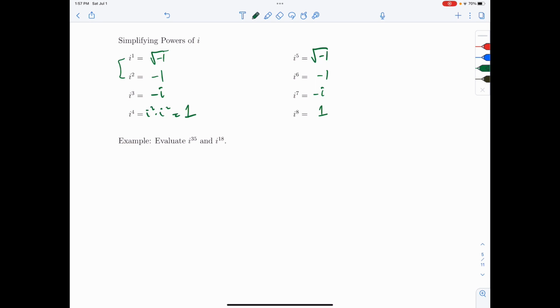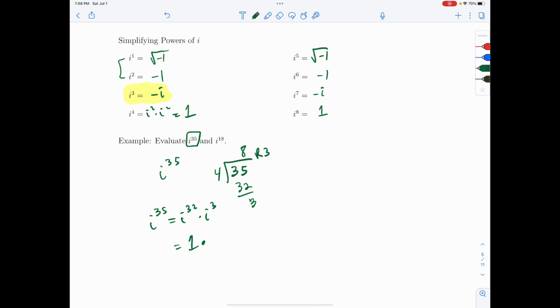So if I want to evaluate i to the 35th, because every time we have another copy of 4 it repeats itself, what we do is take 35 and divide it by 4, and that goes in 8 times. 8 times 4 is 32, and the remainder here is 3. So I look at what happens when I have i to the third, because i to the 35th is the same thing as i to the 32nd times i to the third. i to the 32nd is the same as i to the fourth, so that's just a 1 times i cubed,